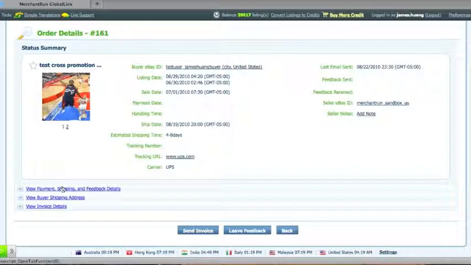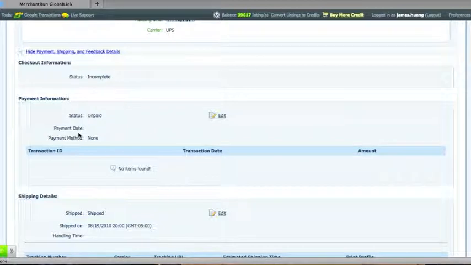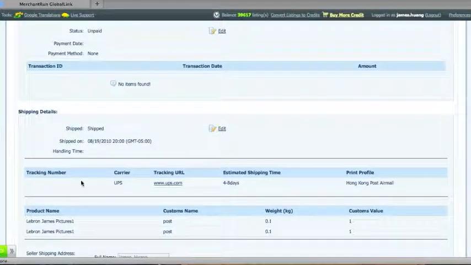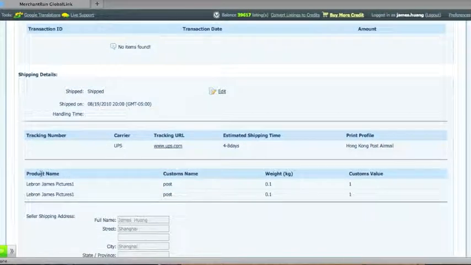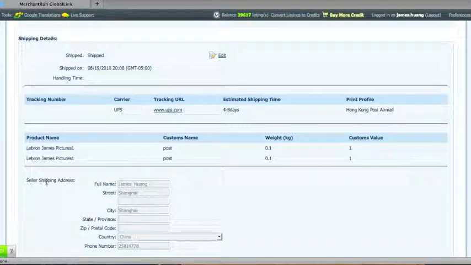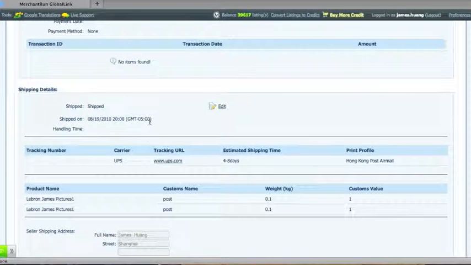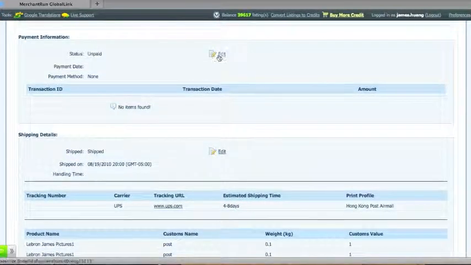Next, let's expand the View Payment, Shipping, and Feedback Details section. You will be able to view and edit the checkout information, payment information, shipping details, tracking number information, the customs form details, and the ship from address. You can simply do so by viewing the edit buttons on the right side, and you can edit each respective